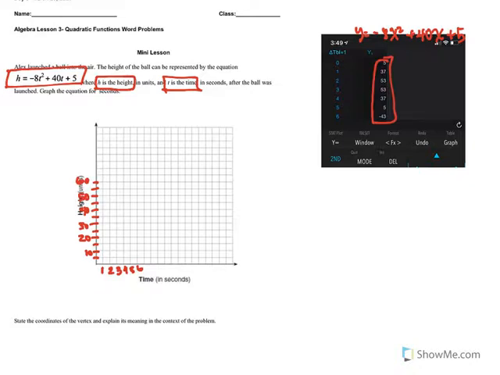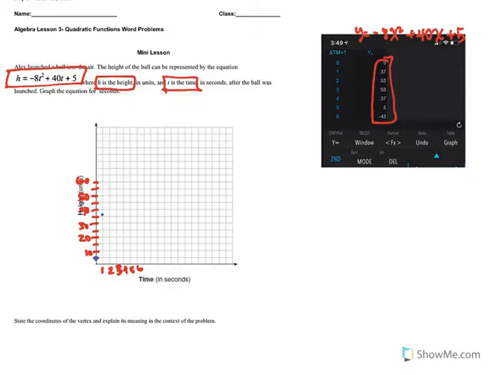Okay, so now that I've numbered my graph, then I can go ahead and start plotting. So I have the point 0, 5, so right here I'm gonna plot them in blue. Then I have the point 1, 37, so I go to 1, and then I'm gonna go to 35, and then just a little bit above that. Oh, oops, that's not 1. Okay, sorry, so I had 0, 5, I had 1, 37, so a little bit above 35,